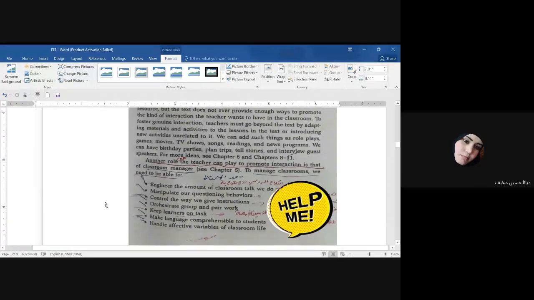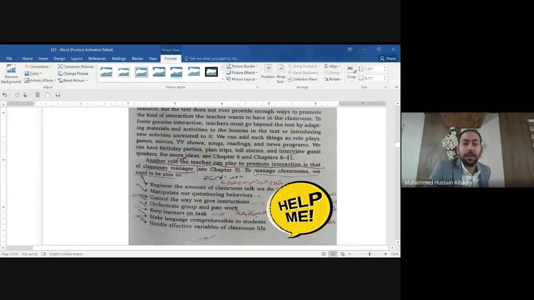Good. Another role the teacher can play to promote interaction is that of classroom manager. To manage a classroom, we need to be able to do what? Engineer the amount of classroom talk we do. It's very important.